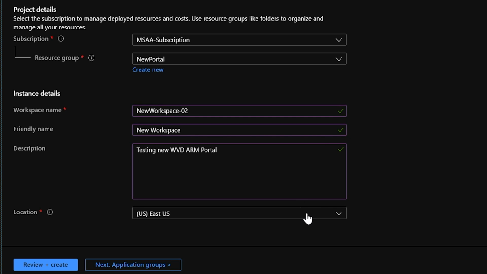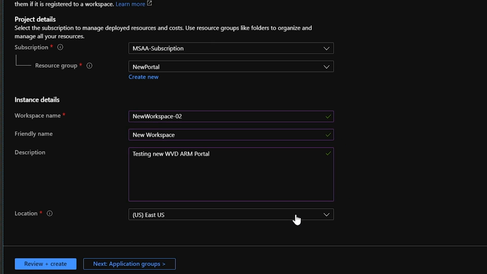Now it is critical to understand that when you provision WVD resources, the resources themselves can live in any of the Azure regions with a caveat. A host pool that exists in East US needs also to have a WVD workspace and app groups that also live in the East US. The purpose of this is the geolocation of data that's stored as part of the service. We want all those things to be in the same region. Now, this does not include the virtual machines. They can exist in any region. Okay, this is just about the WVD resources themselves.